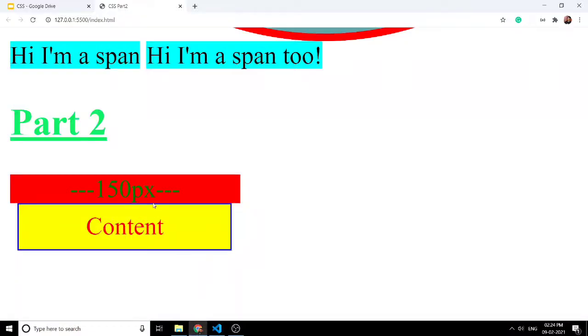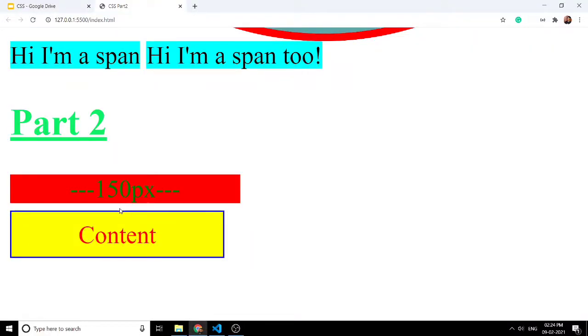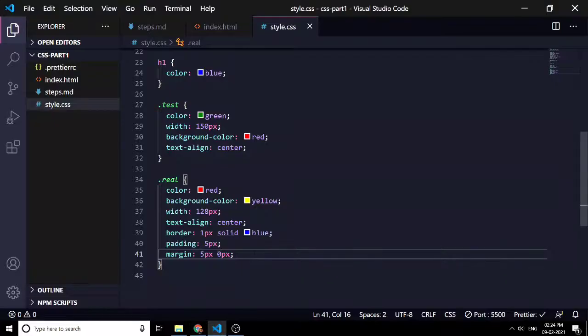Now you can see we don't have margins at top or bottom, only at the side. You can reverse it as 5 pixels on top and bottom and 0 pixels on the sides. Now we have a margin at the top of 5 pixels and the bottom 5 pixels and sides 0 pixels. Let's keep it as 5 pixels on all sides.